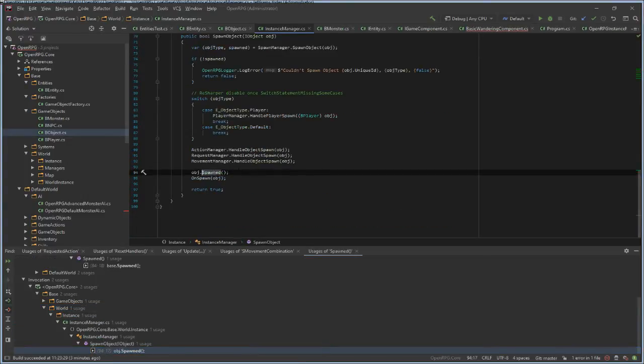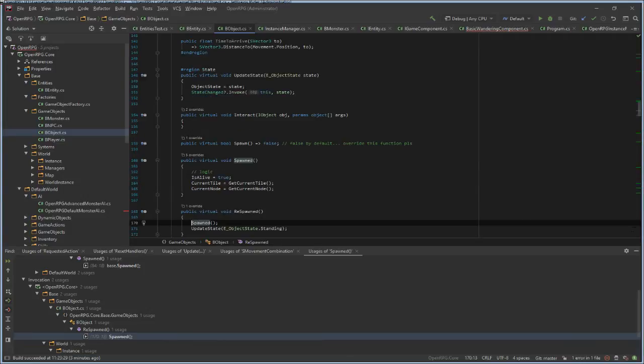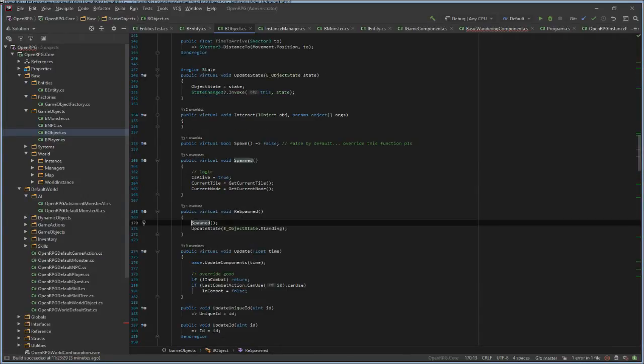So when an object is spawned, we just call the spawn method. Respawned, yes, we call spawned again. I don't know if I should call spawned again.